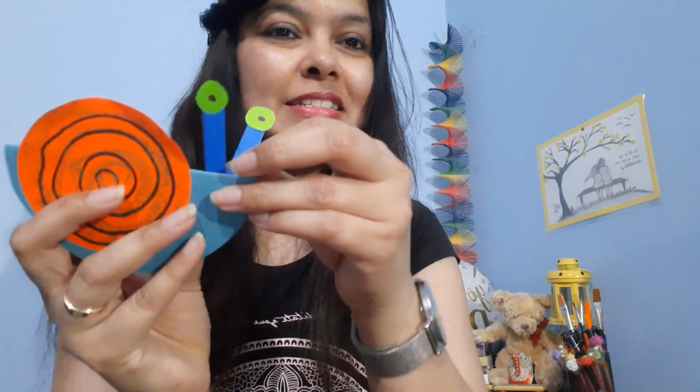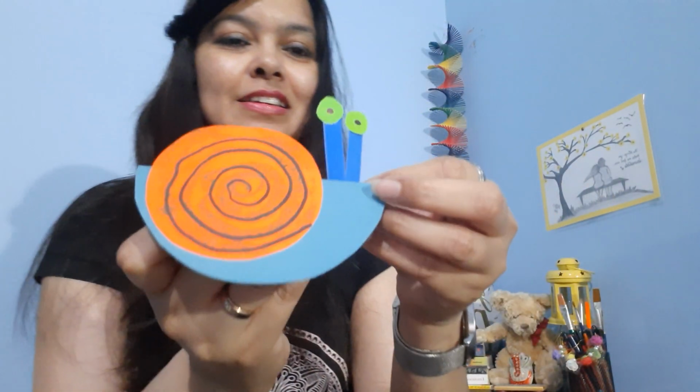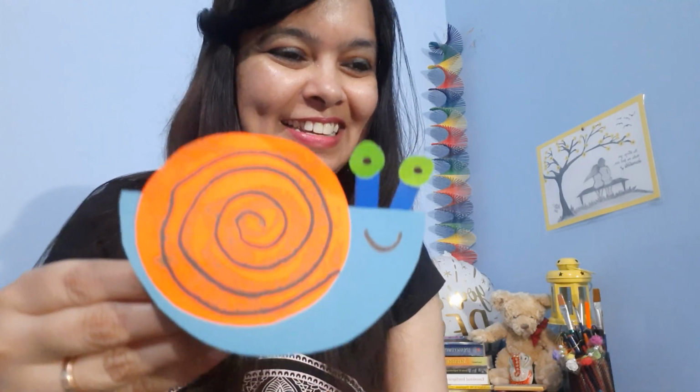Now we will place it at the side of the body like this. Again we need some glue here. And we paste it at the back side like this. And the snail's eyes are ready. And it's a happy snail. So we will make a smiley face also, a smile on the snail. See, it's